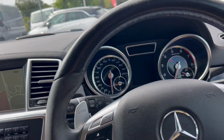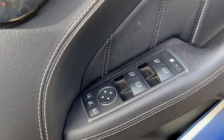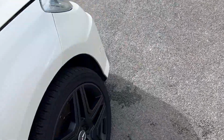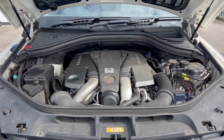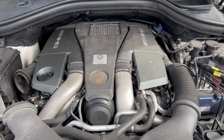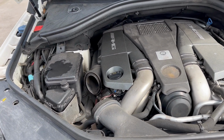Let's have a look under the bonnet. And get the bonnet latch up. There we go. Okay. So there we go. Bonnet comes up, supports its weight, no problem. And we've got this huge V8 engine in here. All sounds very smooth. Looks a little bit dusty in here, could benefit from a bit of a clean, but